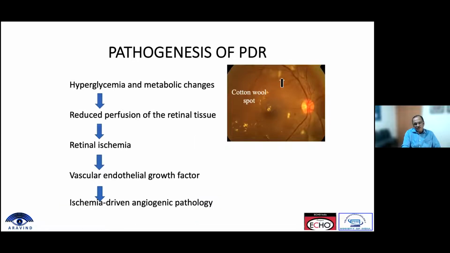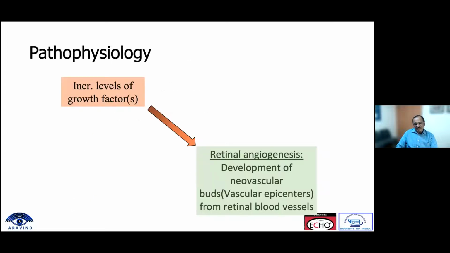So what is the pathogenesis of proliferative diabetic retinopathy? The hyperglycemic state and other metabolic changes cause reduced perfusion of the retinal tissue, causing retinal ischemia or hypoxia, leading to an increase in vascular endothelial growth factor, which results in angiogenesis. With increased levels of these growth factors, there is retinal angiogenesis where you have development of vascular buds